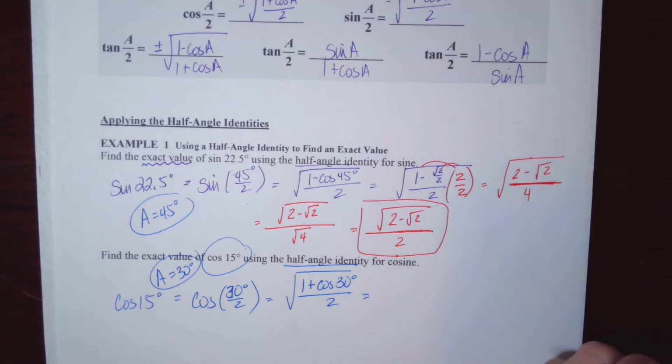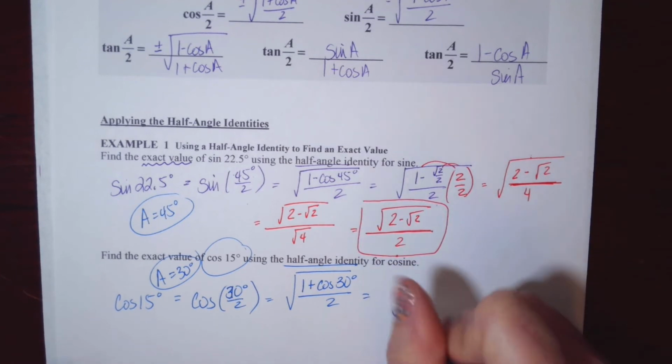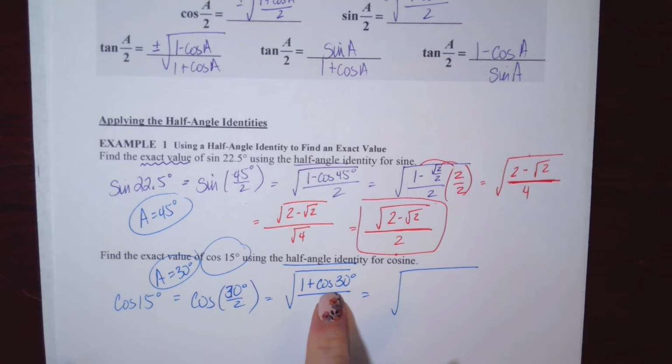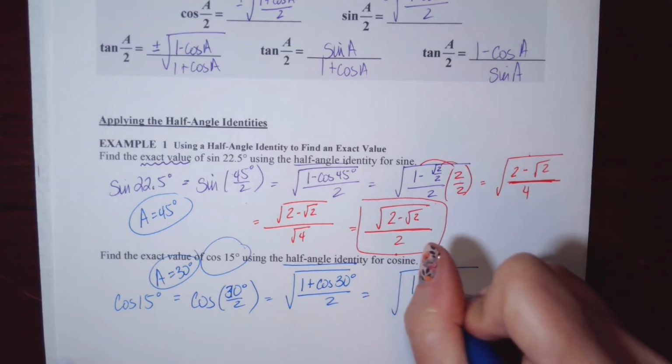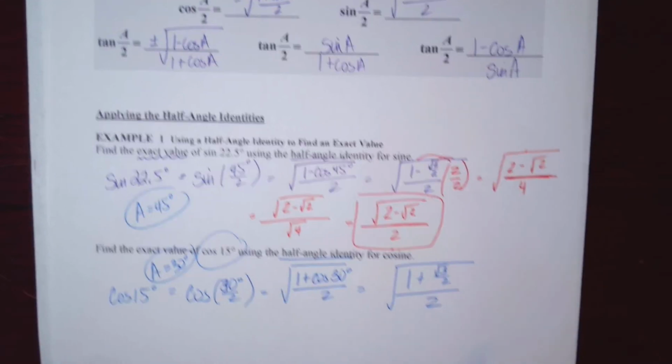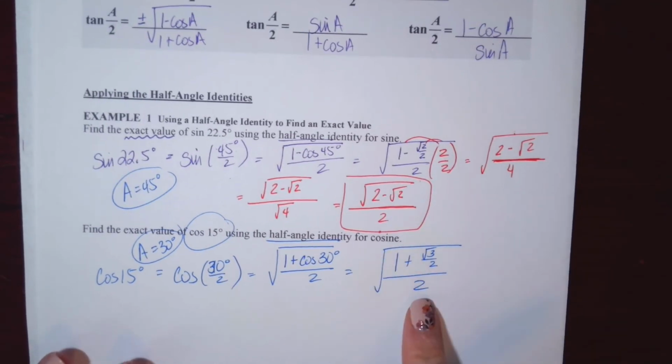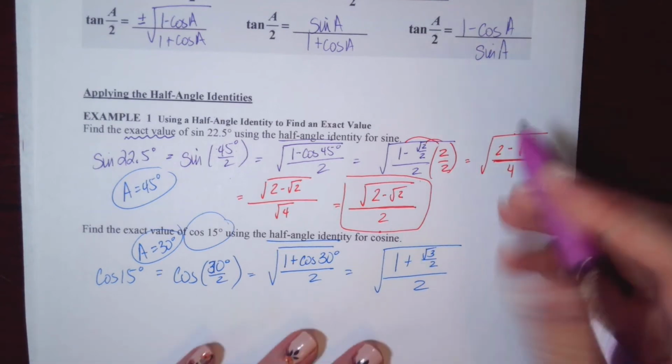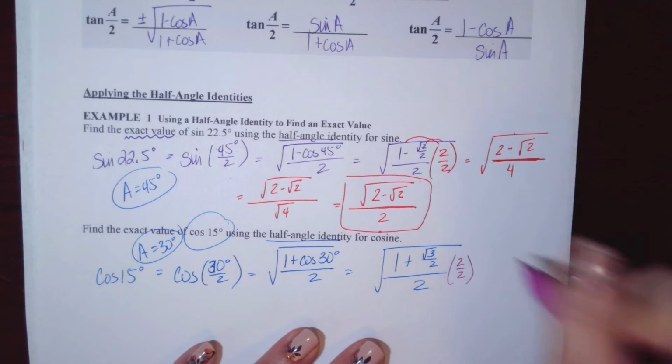Well, hopefully by this point you know that the cosine of 30 degrees is square root 3 over 2, but if not, you've got your unit circle to glance at. And we get this fun, crazy rational expression stacked underneath my radical. So I need to clean that up. I'm going to clean it up by multiplying by that well-chosen 1,